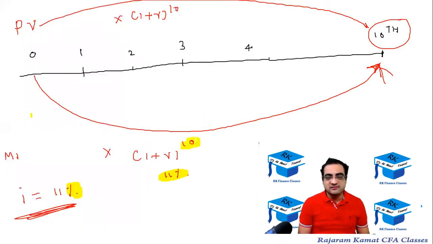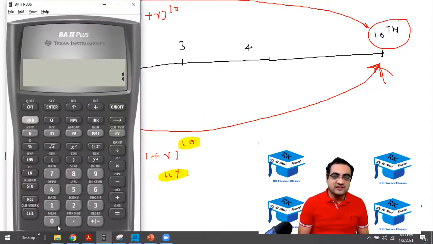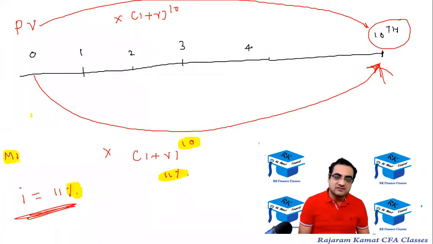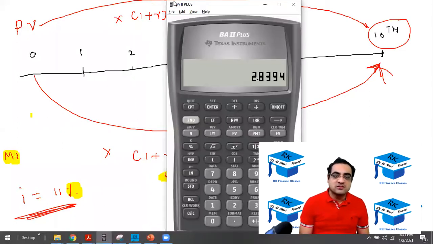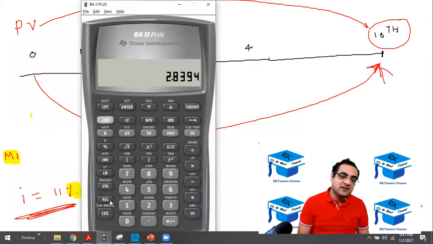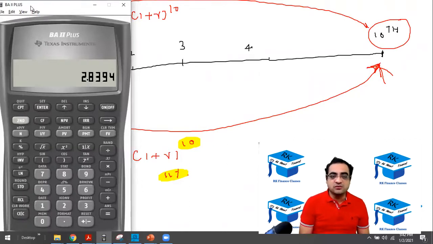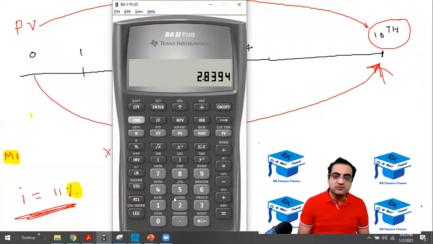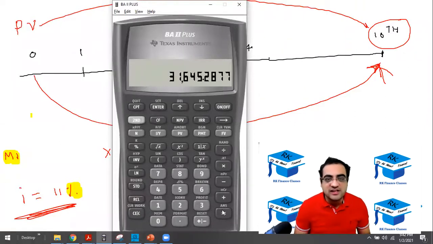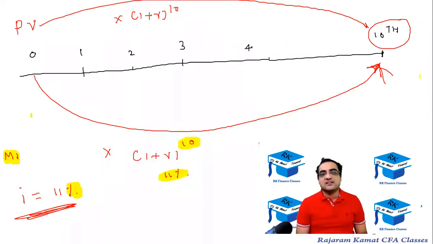Then raise it to 10 equal to, and then multiply it by this M1. So how do you recall it? Press into and recall 1. I repeat, 1.11, that was 11% plus 1, 1.11. Raise it to 10 equal to, and then into memory number 1, so that is into recall 1. It's 31,650 approximately. That means all these cash flows will grow to 31,650.